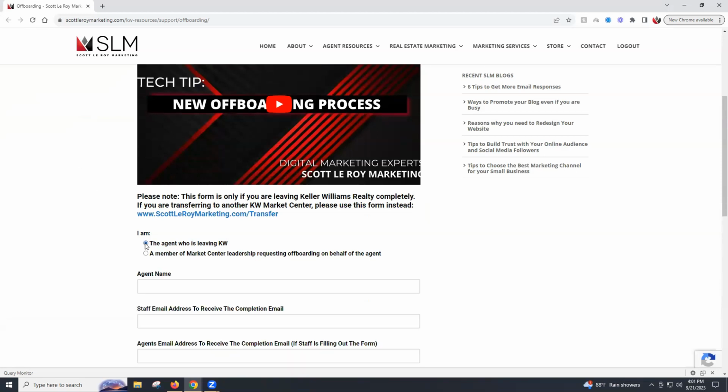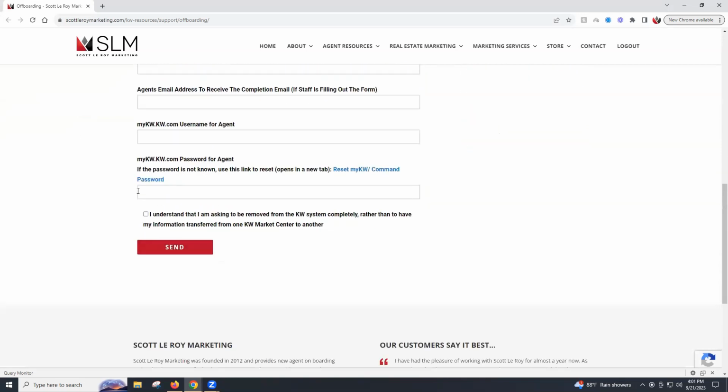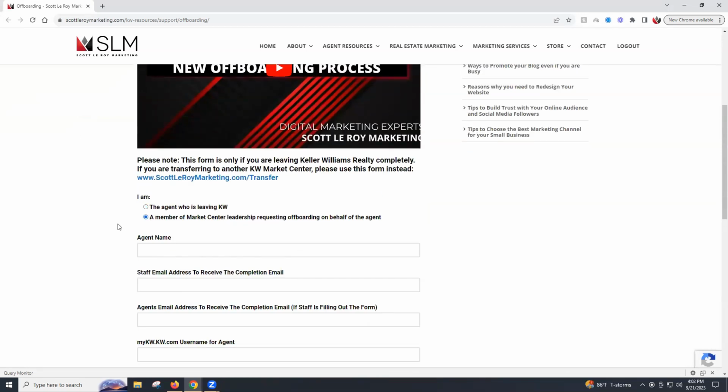Either the agent's filling it out or the office is filling it out. Those are the two variations on here. Now, I know, and I'm sure y'all know just as well as anyone, that once an agent is leaving Keller Williams, it's kind of like pulling teeth to get them to fill something out. So that's understandable. So what some offices have done instead, and here's a great example of one on here, is